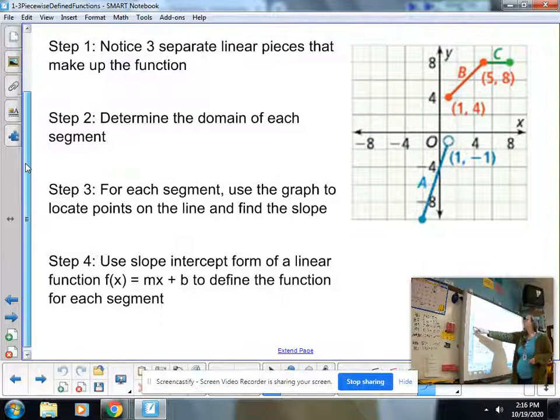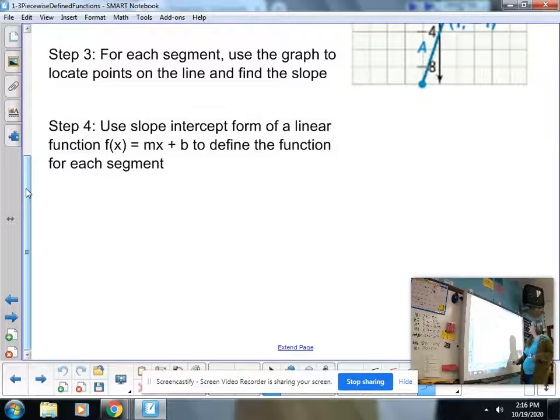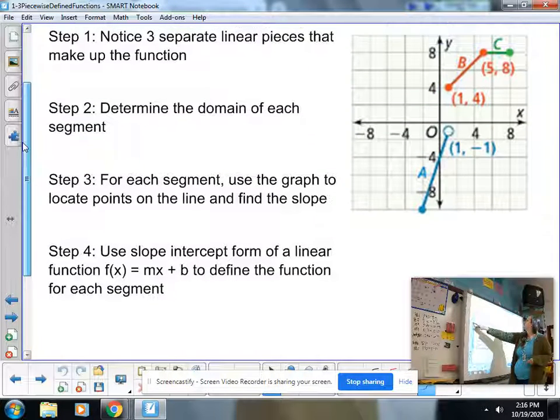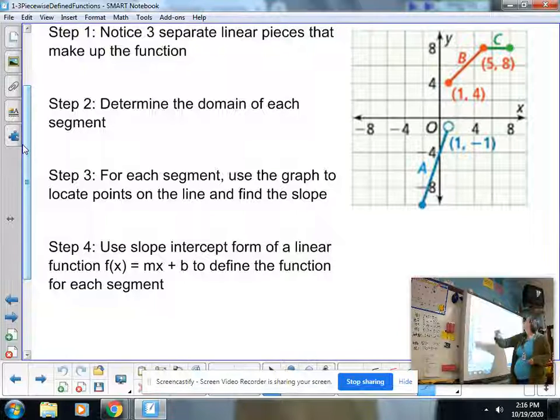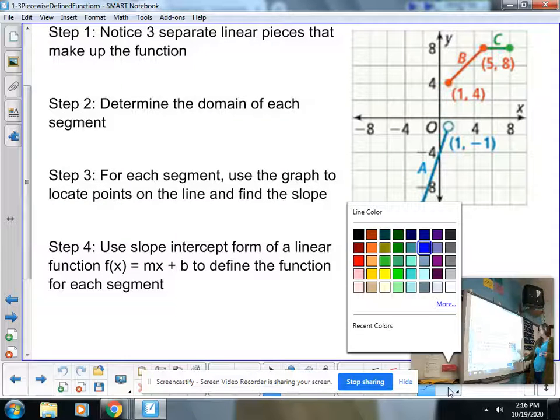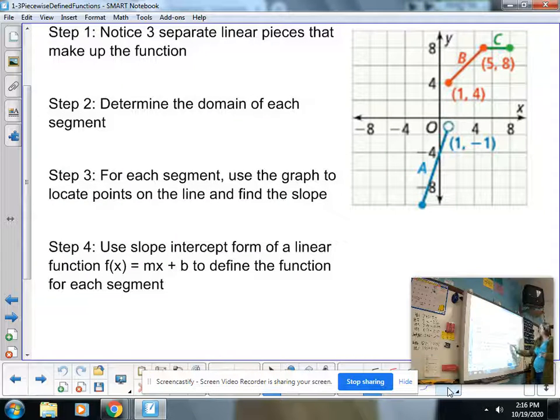So let's give us just a little bit more space here. The video does block out some of this. Okay. So we have 3 separate linear pieces, and I'm going to use the appropriate colors for each of these whenever I'm going through. So I have f of x equals, piece A is in blue, so I'm going to be using blue anytime I write about it, just to help keep things consistent. Notice each block is counting by 2s,